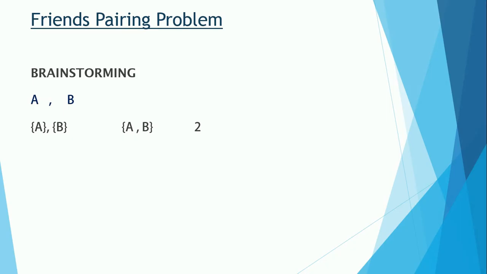Now let's say if you have got two friends, that means n is equal to 2. Now the ways in which they can pair up or can remain single are 2. You can see A and B are single over here and A and B are paired up. So the total number of ways is 2. Now let's say if I add one more friend to A and B, then n becomes 3. So using that recursive relation which you just saw in the previous slide, how can we solve it?